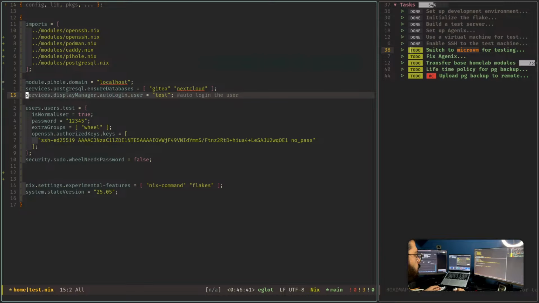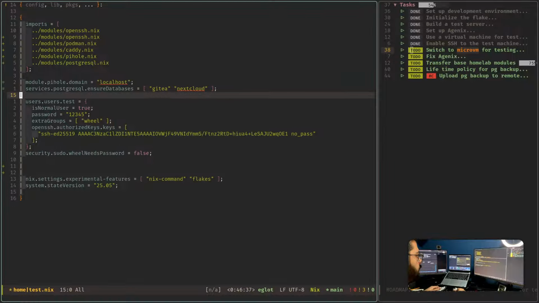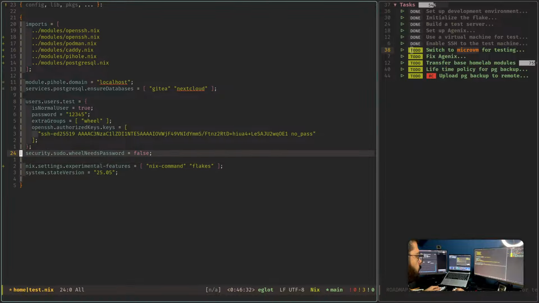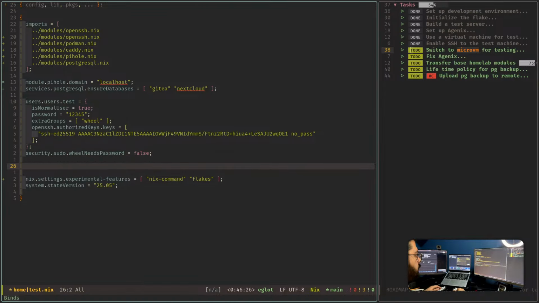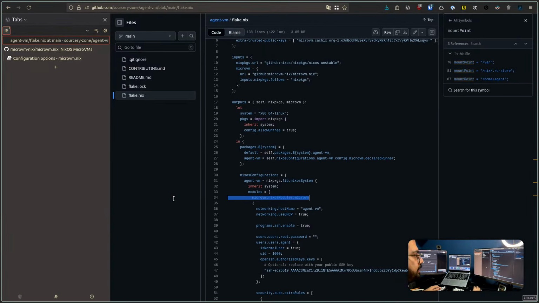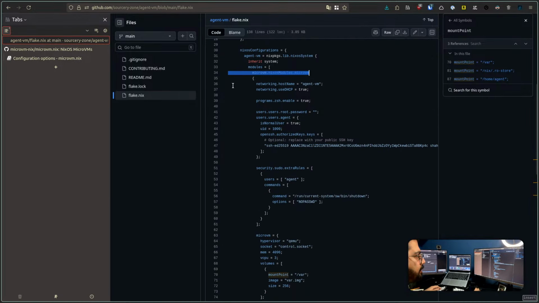Display manager user. I don't actually need this piece. I'm not using graphical user interface right now because I'm on a server setup. And then the user setup is there. Okay, so that out of the way, it's time for